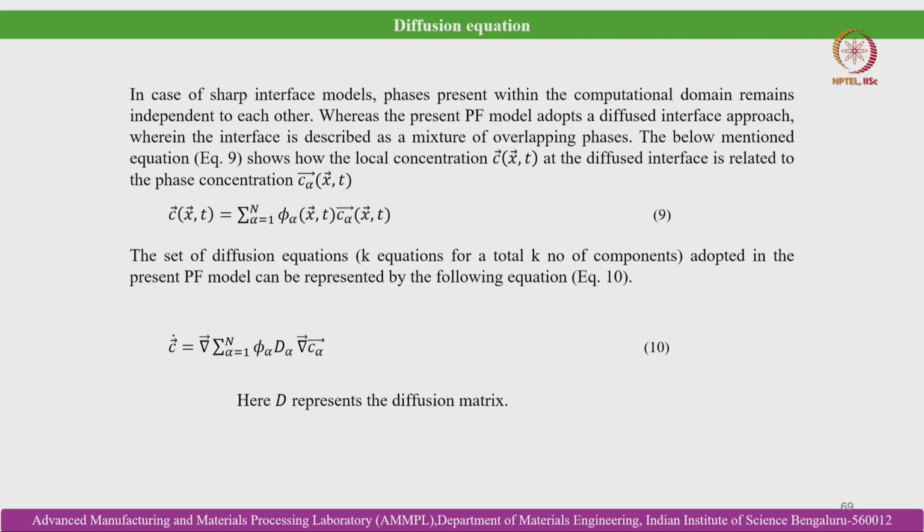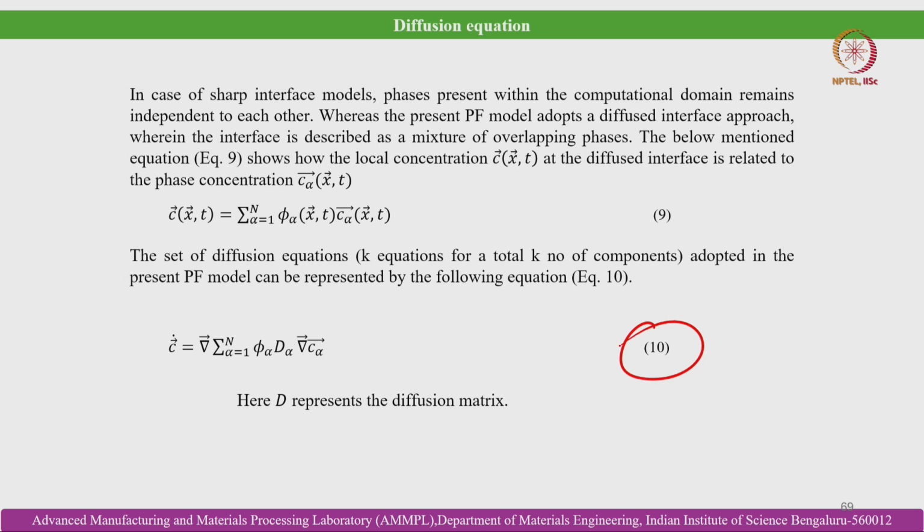So, C bar(x bar, t) is equal to the summation of alpha equal to 1 to n of phi alpha, the phase field parameter or phase field variable for phase alpha, which is a function of space and time (x bar, t), times C alpha bar, which is the phase concentration, again a function of space and time (x bar, t). So, the set of diffusion equations, k equations for a total of k components, adopted in the present phase field model can be represented by the following equation, which is marked as equation 10,